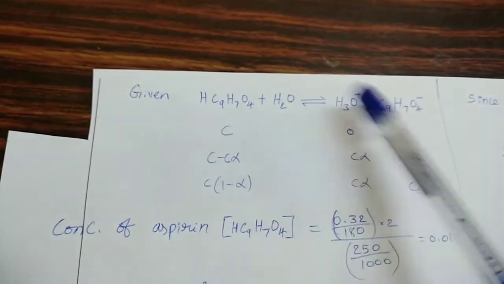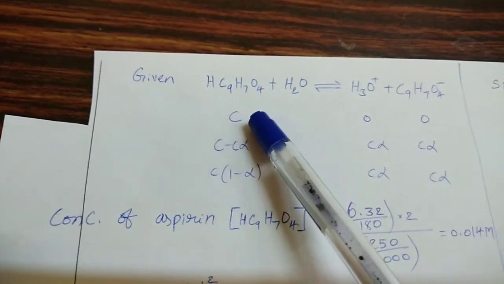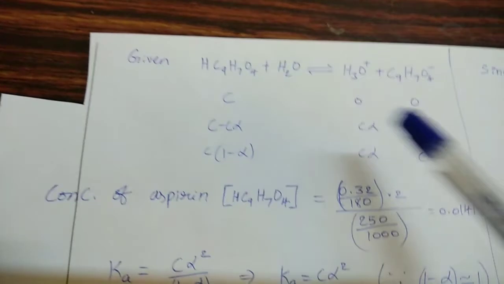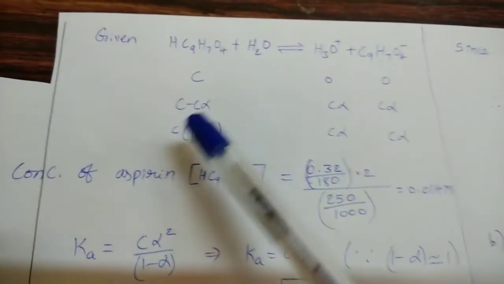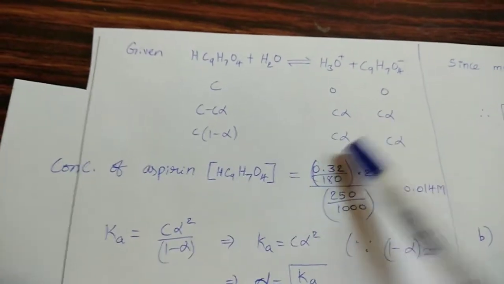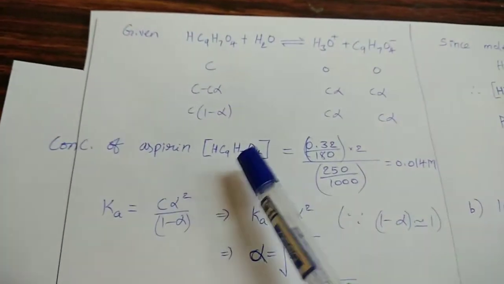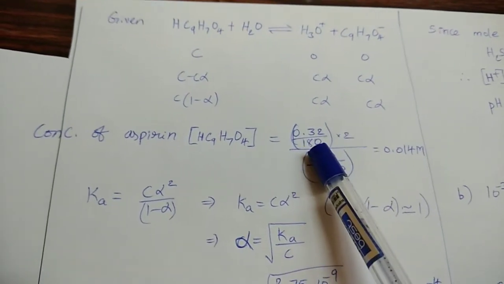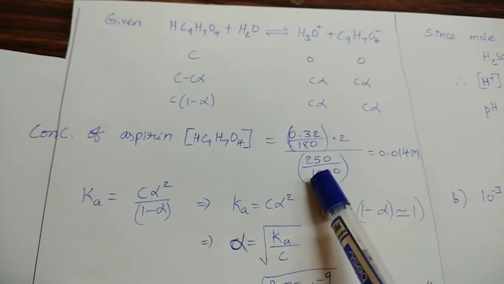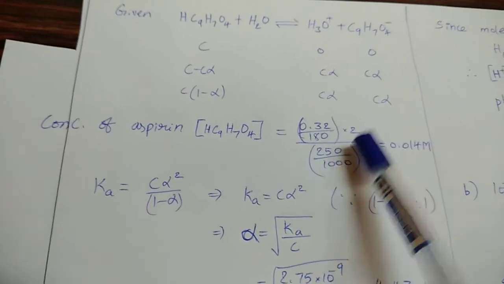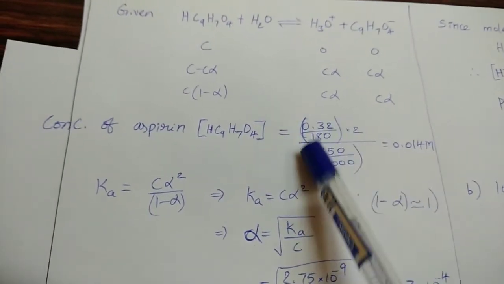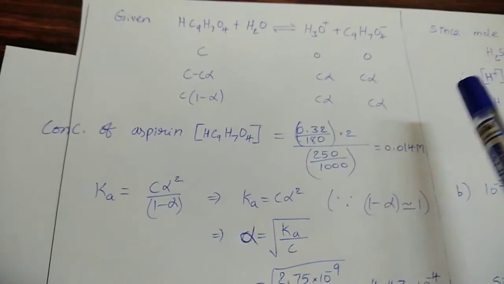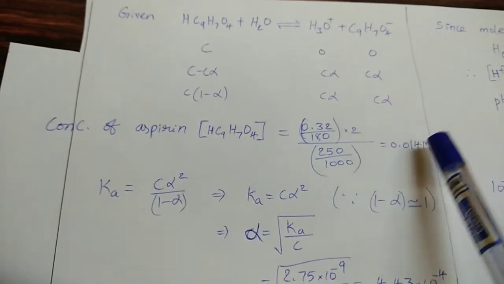So this is the given equation. Initial concentration C0, 0. From this, C alpha ionized, the same concentration decreased. So finally C into 1 minus alpha, C alpha, C alpha. Concentration of aspirin given mass 0.32 divided by molar mass 180 and volume 250 divided by 1000 into 2, because for one tablet this is the concentration, here 2 tablets they are using, that's why into 2, then we can